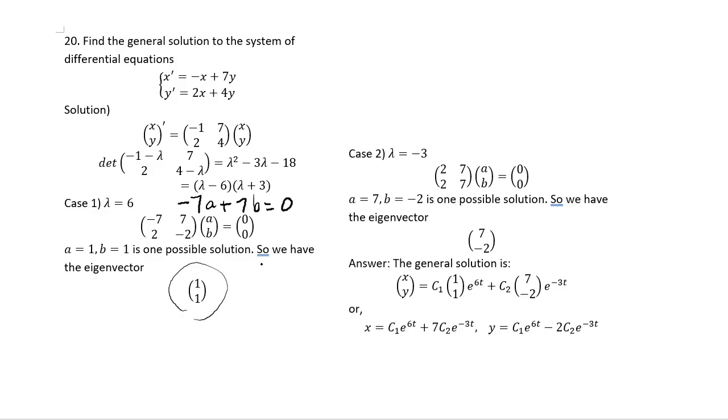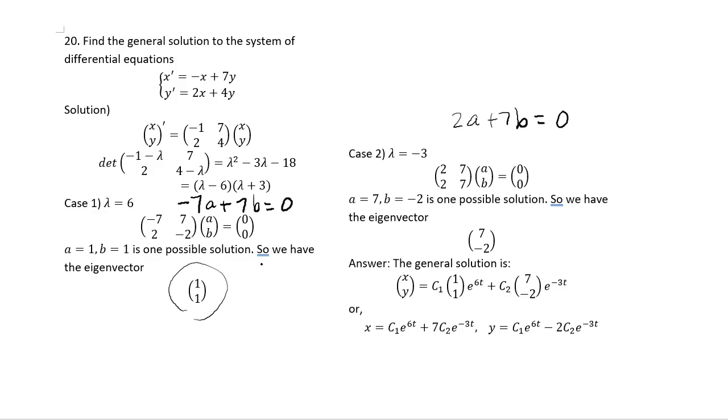So that's the eigenvector. Now for the lambda equal to -3 case, if you do -1 minus -3, you get -1 plus 3, which is equal to 2. So you have 2, 7. And the same thing here. And then once again, if you do across down, you get 2 times A plus 7B,